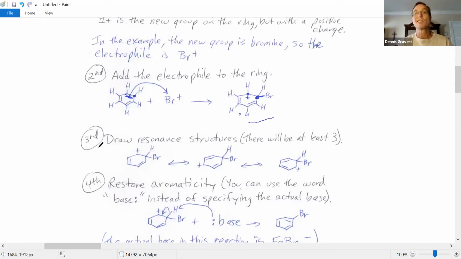And step 3 is draw all the resonance structures. There will be at least 3, and in some cases, there'll be more than 3. But you've got to get at least these 3 minimum. For full credit, you've got to get them all. So how do you know you're getting them all? I'll show you some examples in a minute. For now,